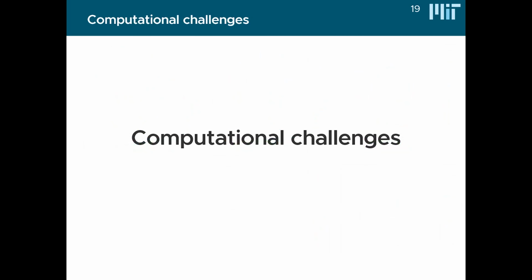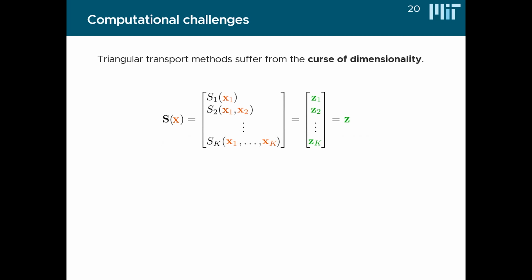Now, despite all the advantages, there are some computational challenges for triangular transport maps. You might already have spotted some of them during this talk. Consider, for example, this triangular structure, and you might have already guessed that this might suffer from the curse of dimensionality. So the more dimensions the target distribution has, the more complex and computationally expensive these map component functions become